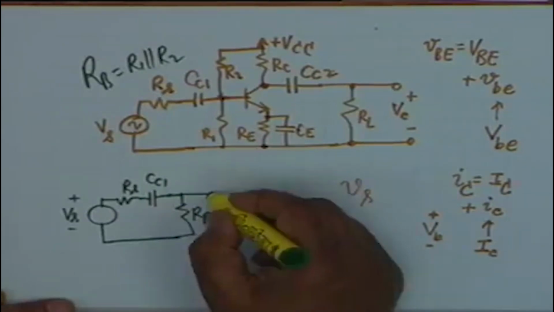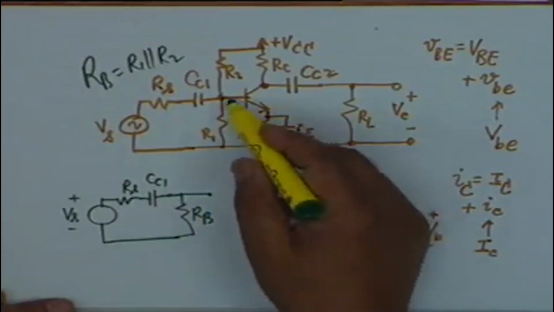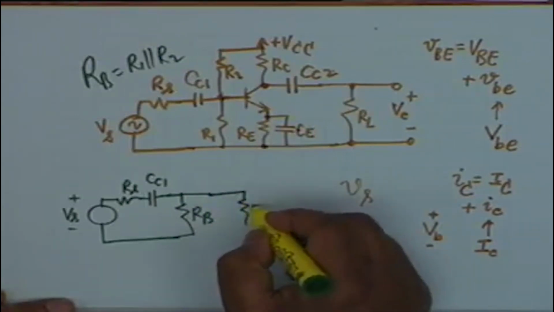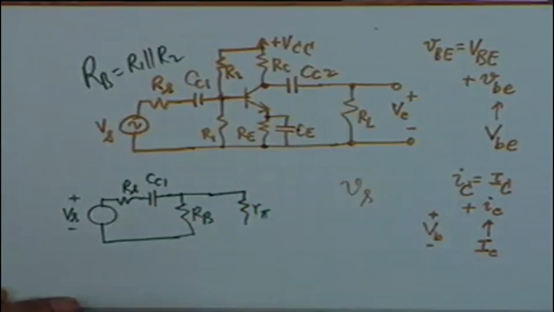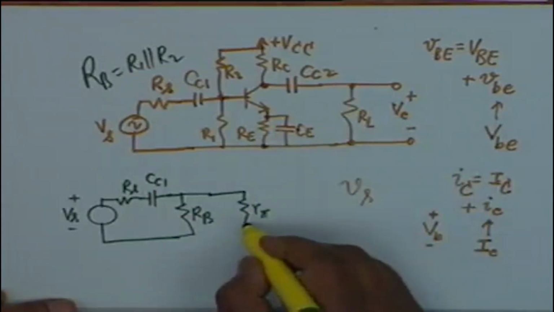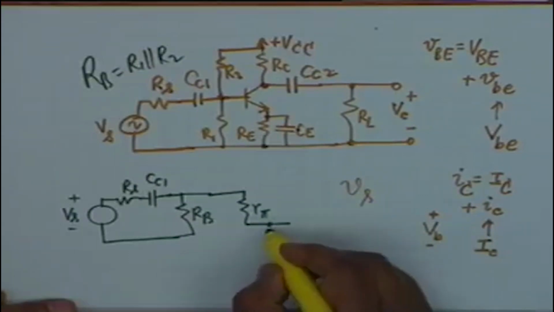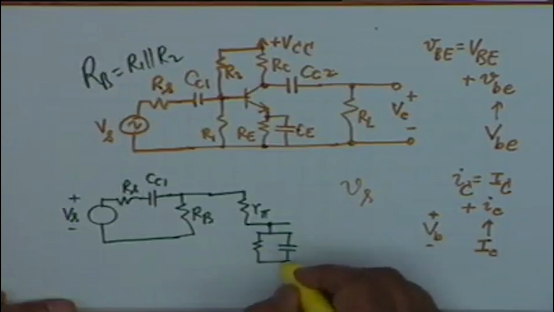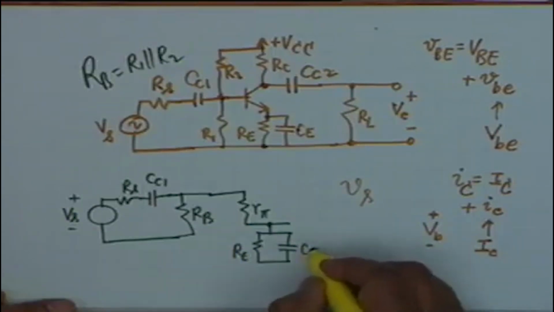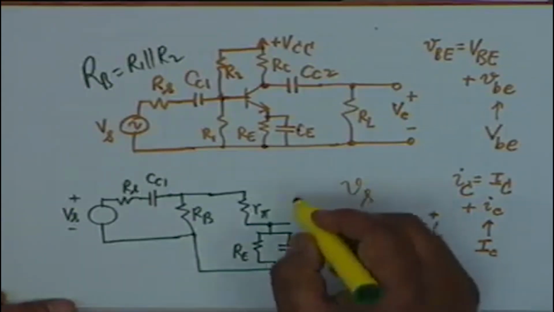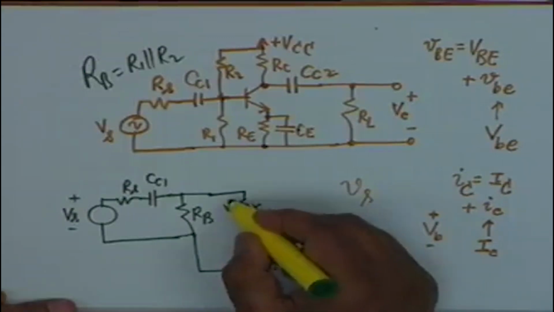Then comes the base, from the base to the emitter, it is R pi, alright. Then RE and CE, there is a parallel combination. We will see the effect of this. RE and CE, this terminal comes here, alright, RE and CE, and then this voltage, if I call this voltage as capital V,